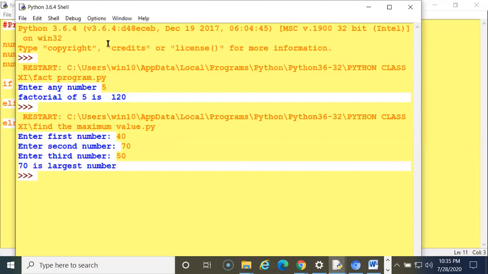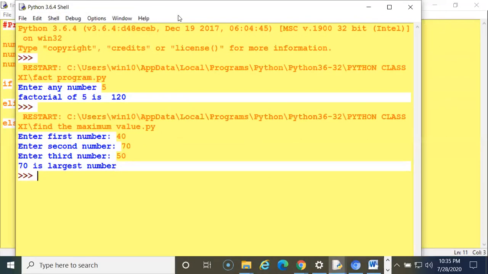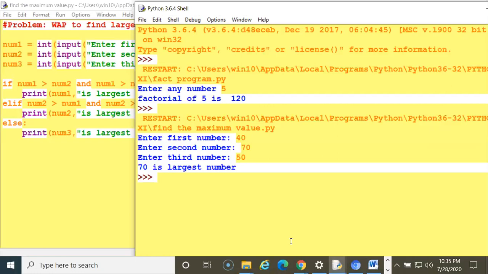Second is a comparison. You can view here. See, first I have inputted 40. It is compared with num2 and num3, so it is not correct.